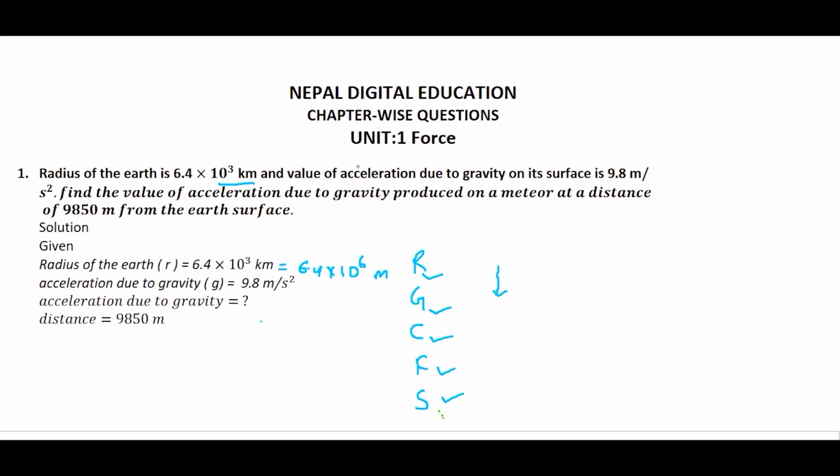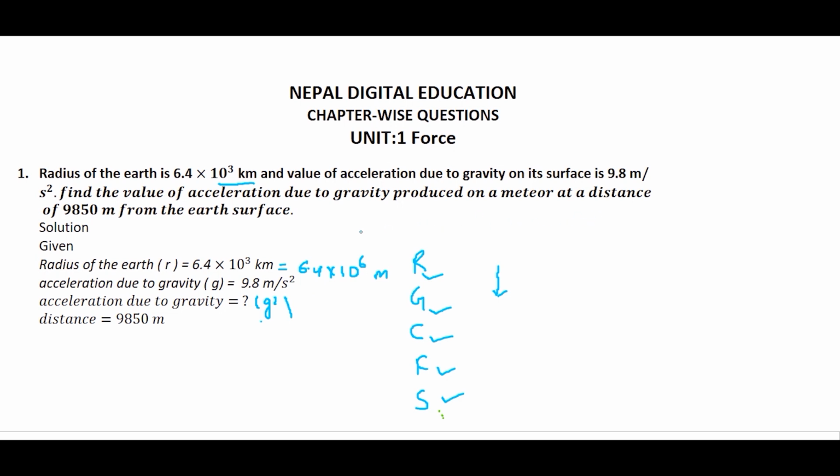Next, the value of acceleration due to gravity on its surface is 9.8, so g is 9.8. And find the value of acceleration due to gravity produced on a meteor. Suppose here g dash, we have to find the g dash